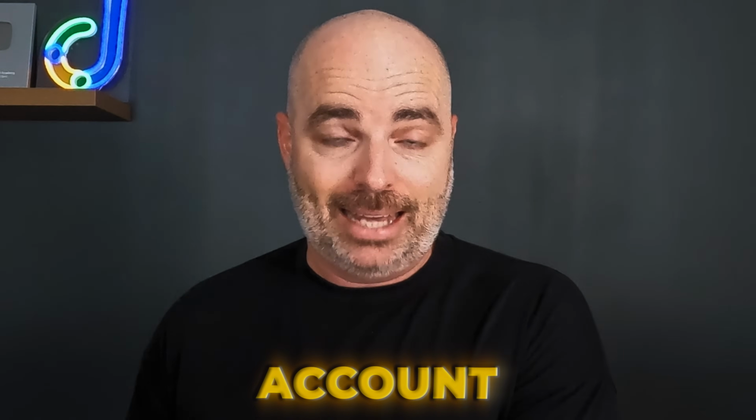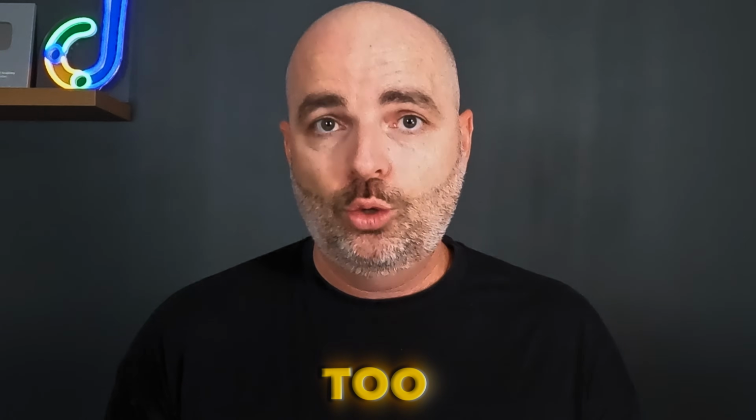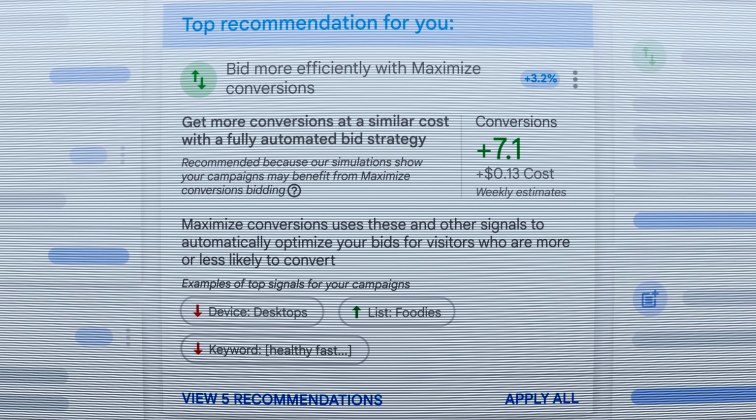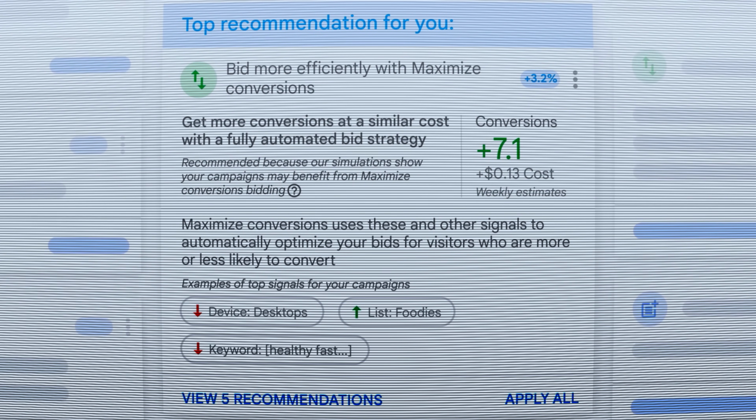That's why I really want to stress to you that the greatest risk to using smart bidding inside of a Google Ads account is to use it too early. Now, I know this goes up against even what Google says, because unfortunately Google will give recommendations really quickly that you need to switch over to Maximise Conversions. But the data that we're seeing, even in this AI age of 2025, time and time again,